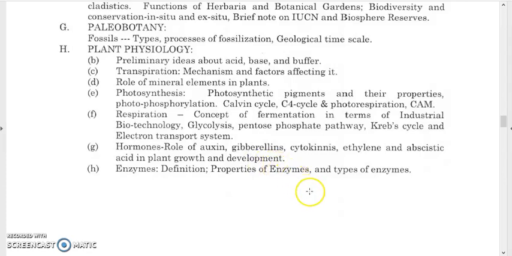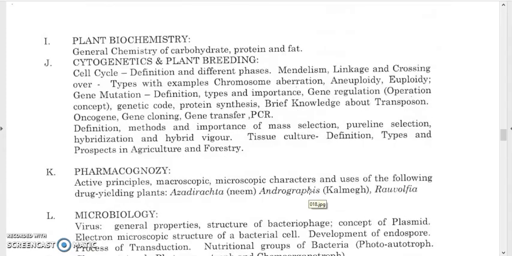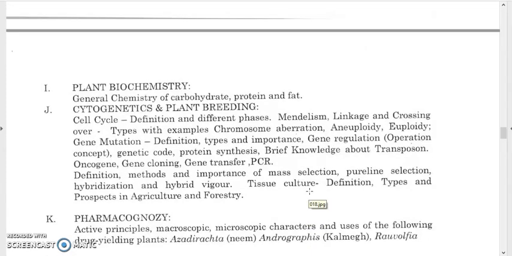Enzymes: definition, properties of enzymes, types of enzymes here. Plant biochemistry: here we have to study the general chemistry of carbohydrates, proteins, and fats. Cytogenetics and plant breeding: cell cycle definition and different phases, Mendelian linkage and crossing over, types with examples, chromosomal aberration like aneuploidy, euploidy, gene mutation, different types of mutation, how it occurs, importance, gene regulation,